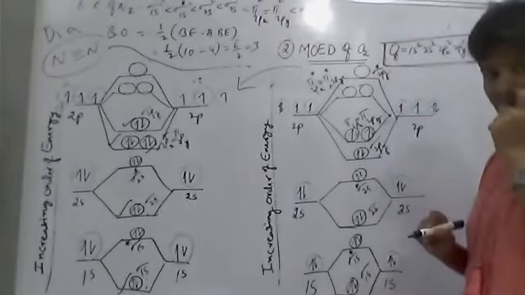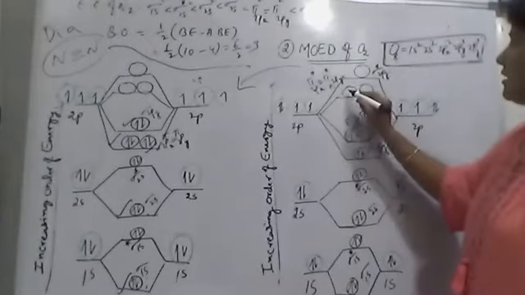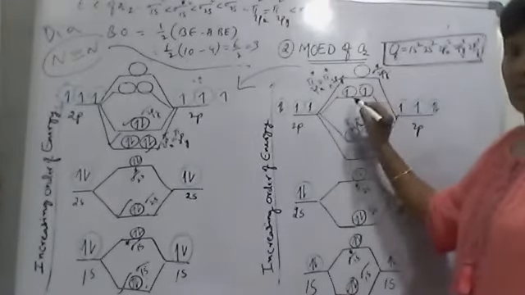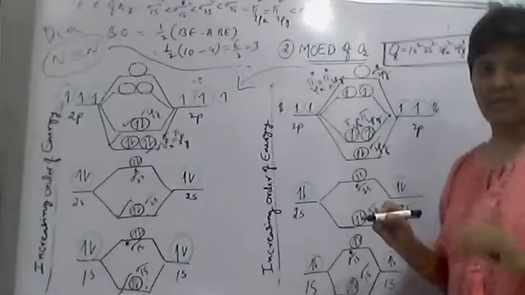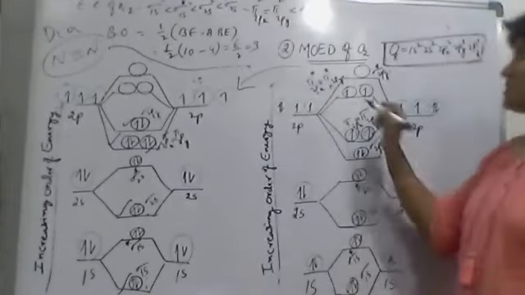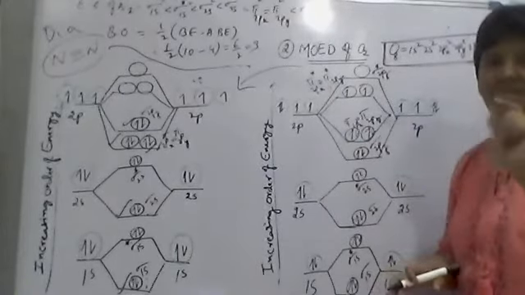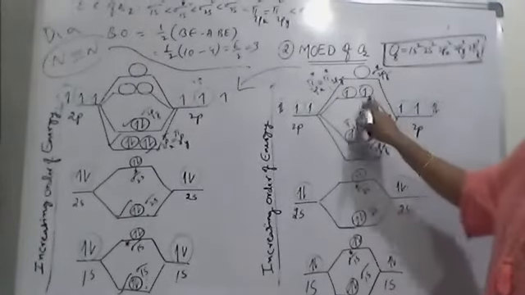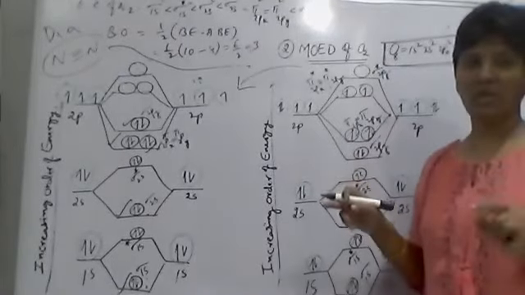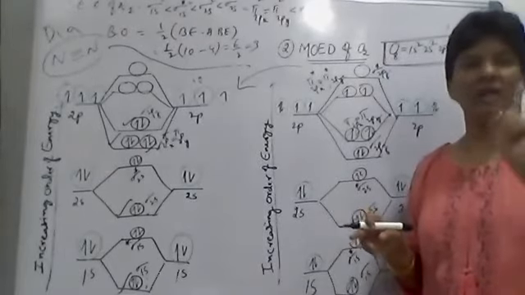Now out of 8, how many electrons are completed? 6 electrons. And 2 more electrons. So fill here. Now the 7th electron, 8th electron. Since these two orbitals are the same energy, degenerate, we have to fill according to Hund's rule. According to Hund's rule, the same energy orbitals must be filled with one electron each with the same spin. So in the O2 molecule, in the antibonding pi star orbitals, there are 2 unpaired electrons. Each pi star orbital contains 1 unpaired electron.